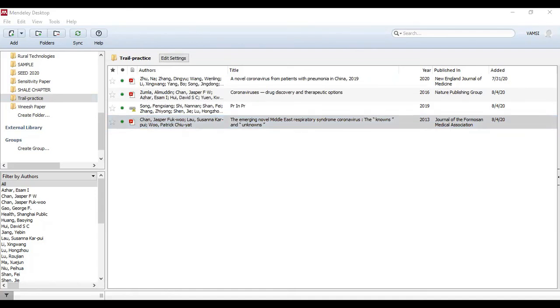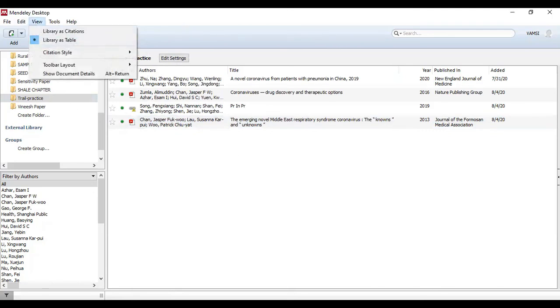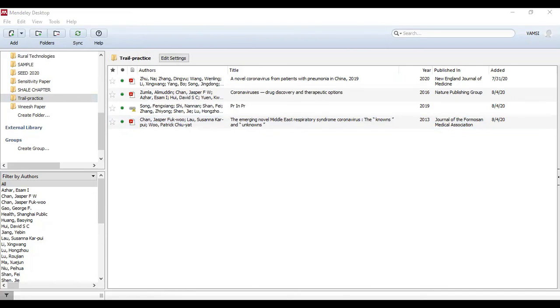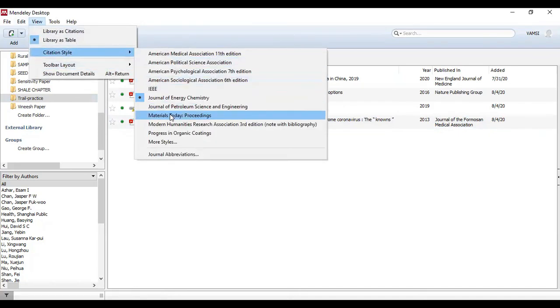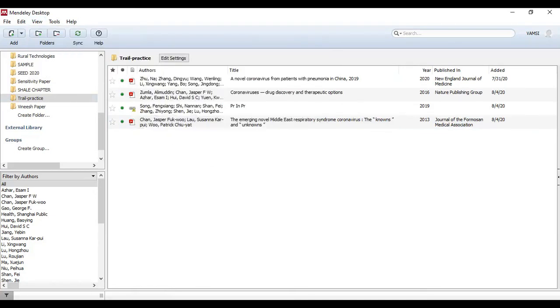This is how you select different types of journals. With respect to journals, your references will change automatically. Let me try another. If you look at this style here, it shows the first author's name. If you want to change this pattern or go for any other journal, go again to citation style. Let me go with Progress in Organic Coatings. This is one SCI journal with an impact factor of, let's say, 4 point something.